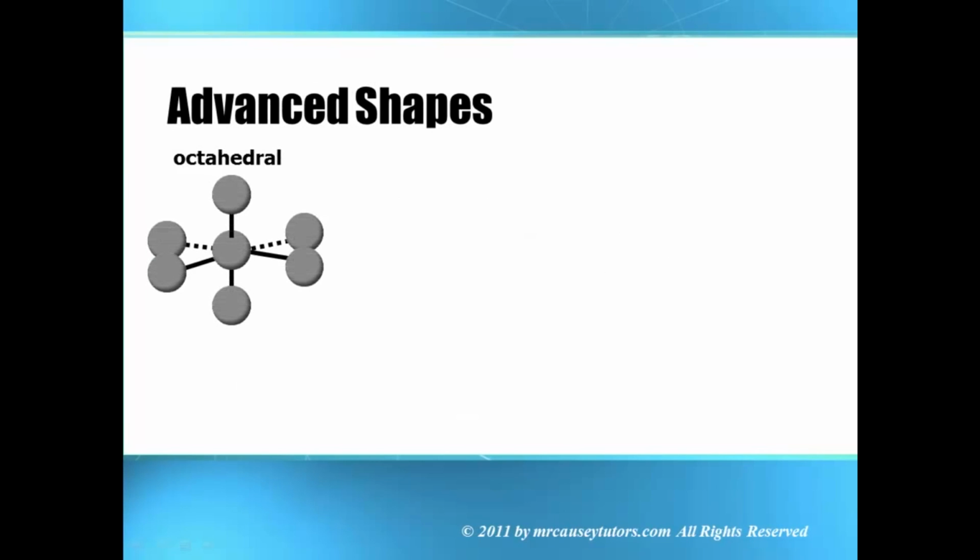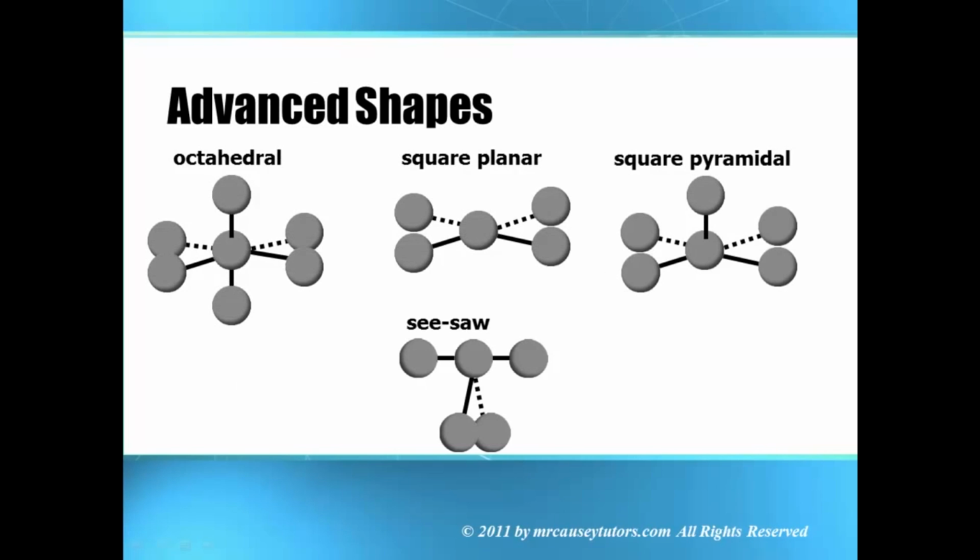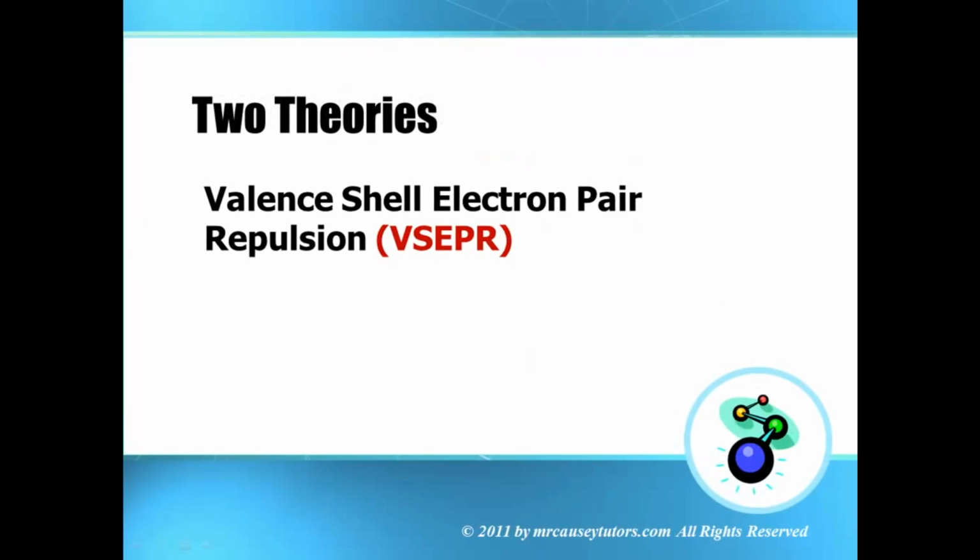Some of the advanced shapes. You have octahedral, square planar, square pyramidal, seesaw, and T-shaped. 2 theories involved here. We have the valence shell electron pair repulsion, and we have the valence bond theory. And the one we're going to focus on is the VSEPR, the valence shell electron pair repulsion